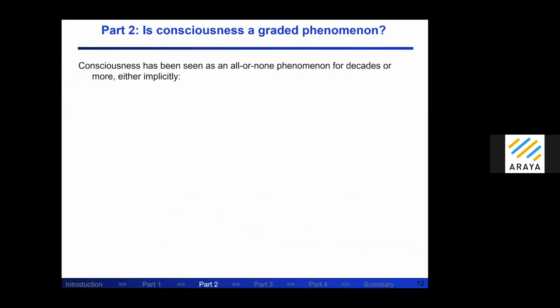Okay. All right. So the next part of the talk is about whether consciousness is a graded phenomenon, and that may seem like coming in from nowhere, but it's actually been part of the debate for a long time, because some of the key theories in the field, for example global neuronal workspace theory, claim that consciousness is an all or none phenomenon, and for that reason we should be looking for all or none correlates of experience in the brain, and then interpret those studies accordingly.